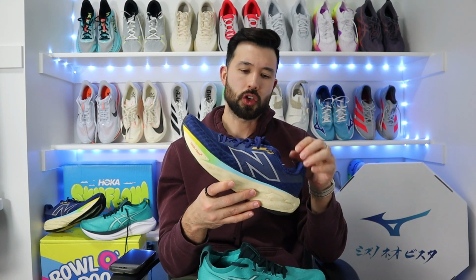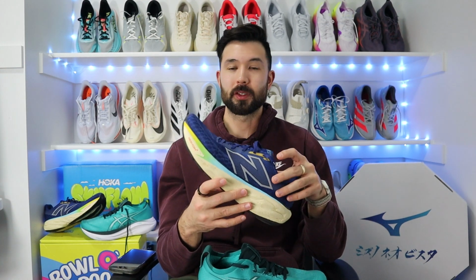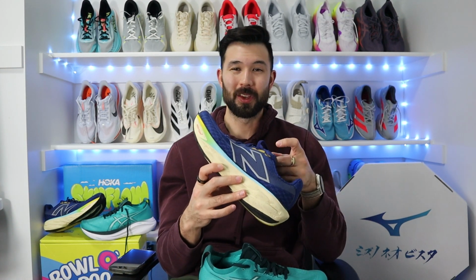Same thing, I don't feel like the upper is super breathable. It's just hard when you get some of these plusher elements in an upper for the shoe to really breathe and not be overly warm. So in the winter, these shoes are great because they're going to give you a lot of that warmth, a lot of that comfort. But in the summer, they do heat up and your feet can get a little bit extra sweaty. And so both of these shoes tend to be a little bit more of winter shoes for me,